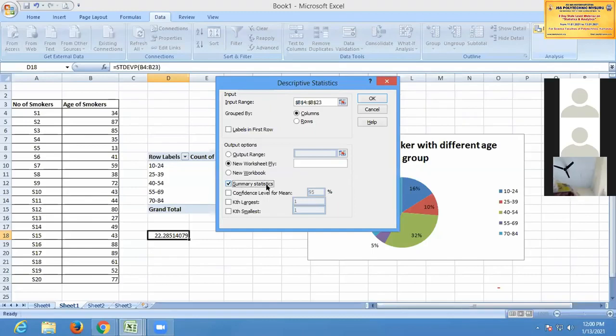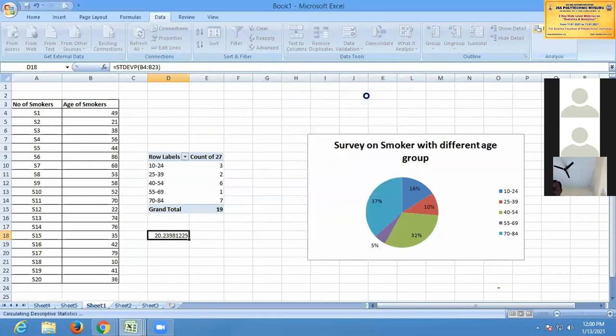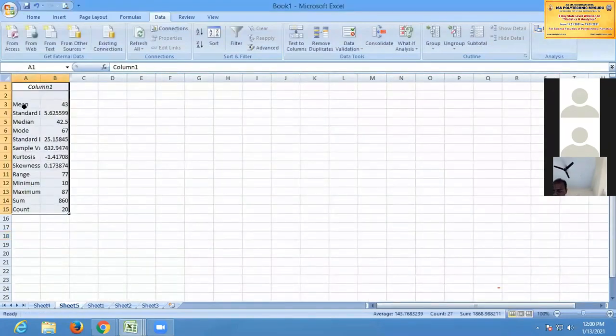When you click on summary statistics, it is going to give you complete information about it: what is the mean, the standard deviation, the median, as well as the kurtosis and skewness. So skewness is positive here because we got a positive value, and kurtosis is negative. The smoothness is broad.